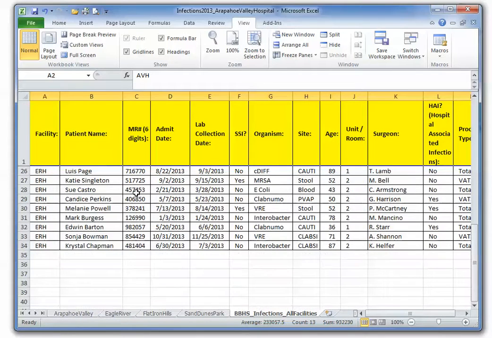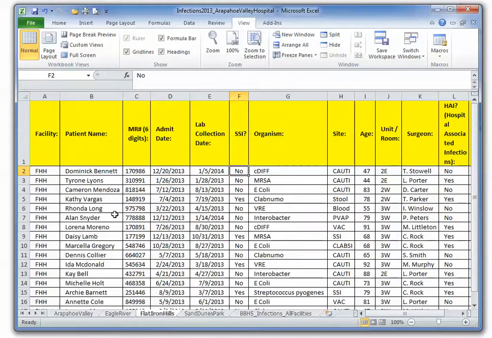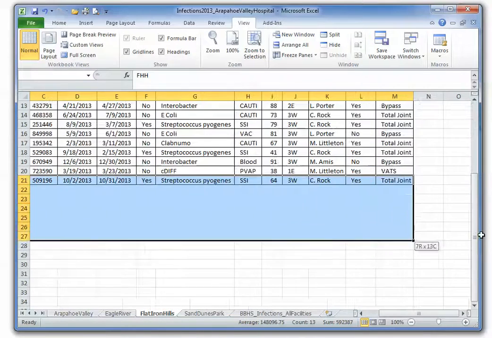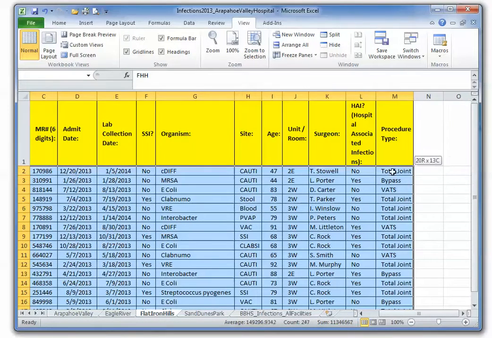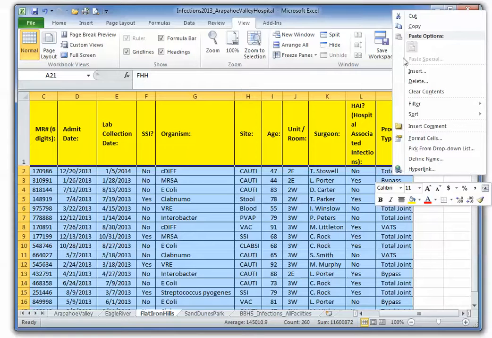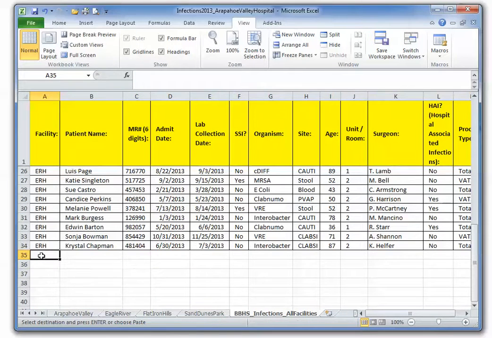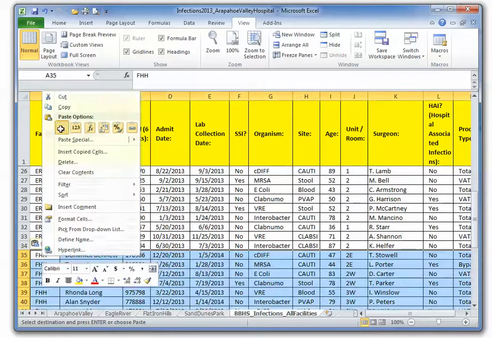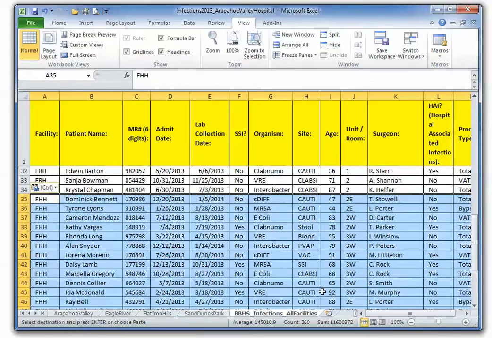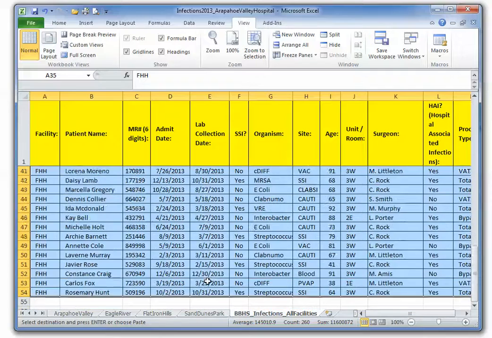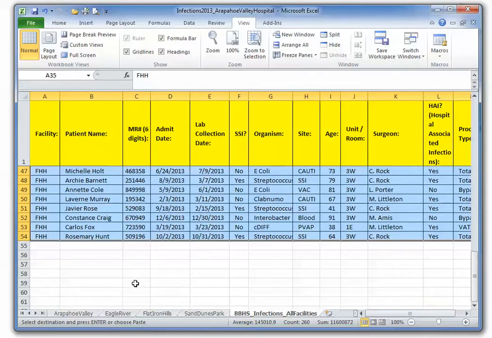So now let's just finish off copying over our other hospitals. Now that we know how this works, all you got to do is copy, highlight it, copy, click to your new spreadsheet. This one actually had facility listed, and paste. Alright, so now you can scroll up, see Flatiron Hills Hospital,